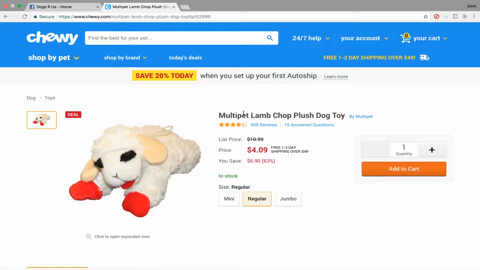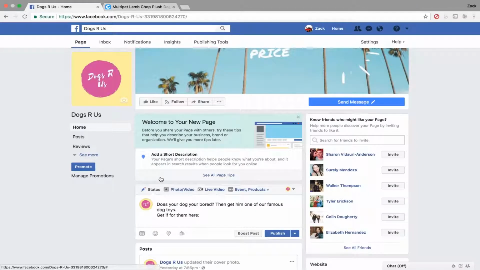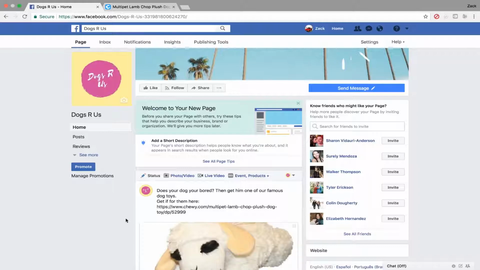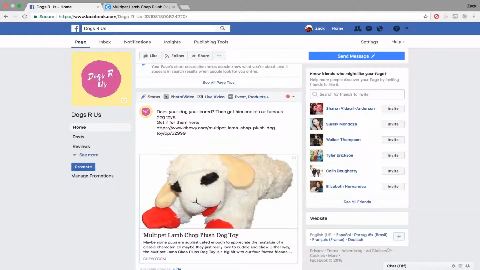So what we'll do is we'll go onto the actual page where you can add to cart the actual toy, and we will just select all and copy it. We'll go back here and we will paste the link, so it'll automatically create a little page for you right there. And then down below, just so people will share it more, I'll add tag a friend